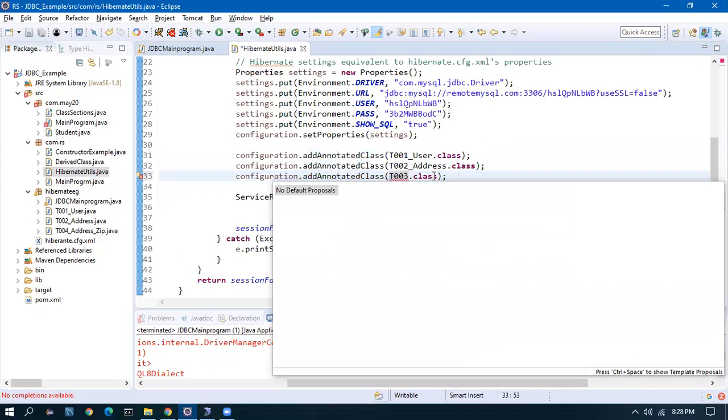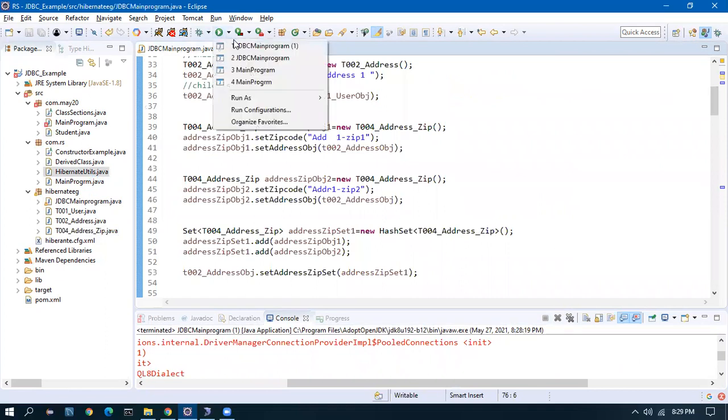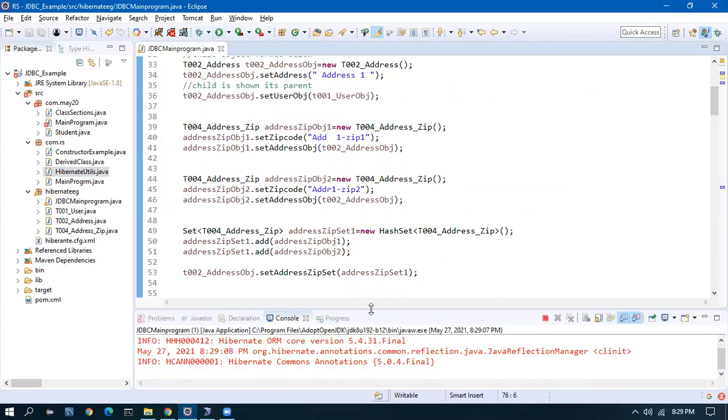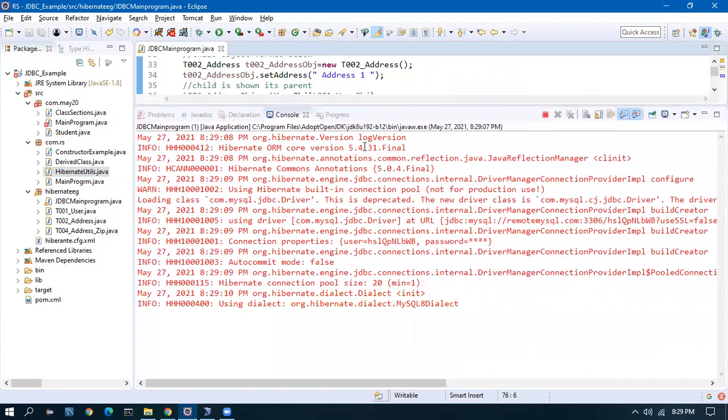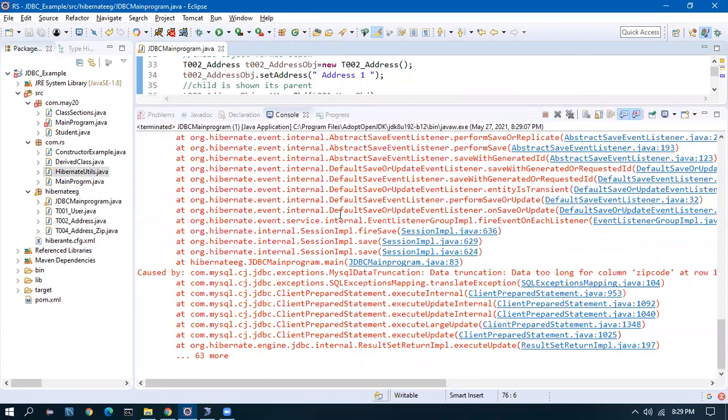3004 address. Okay. Data too long for the zip code.